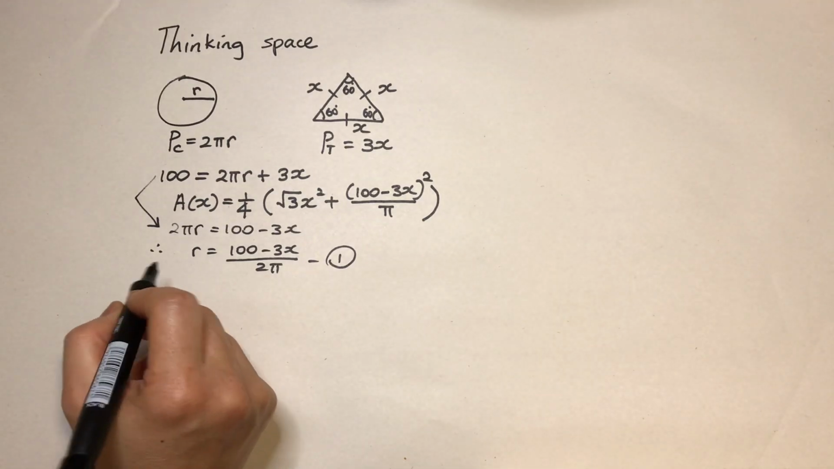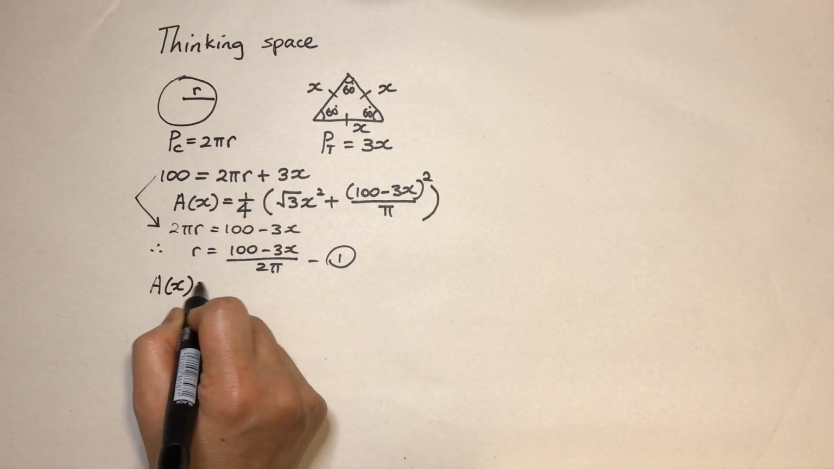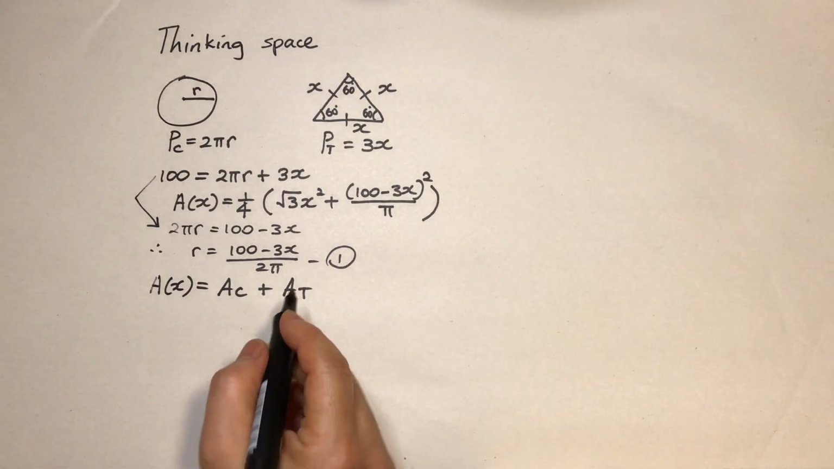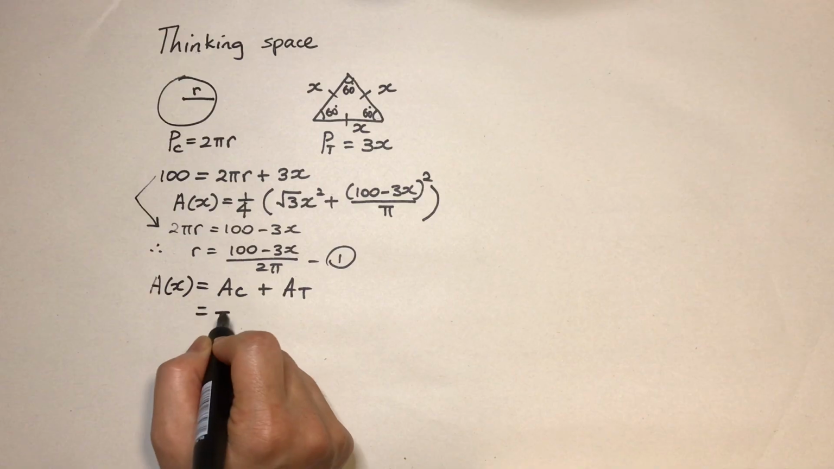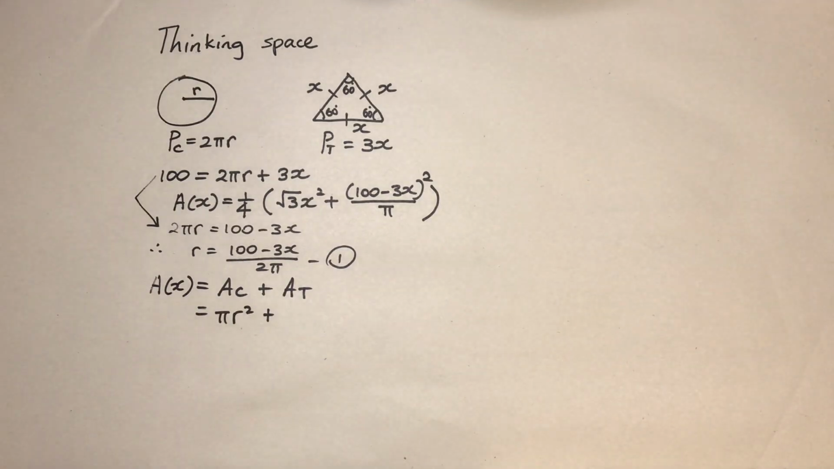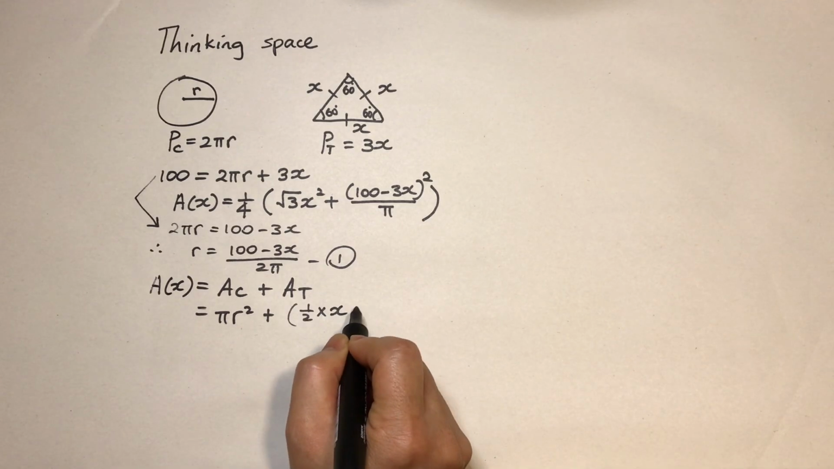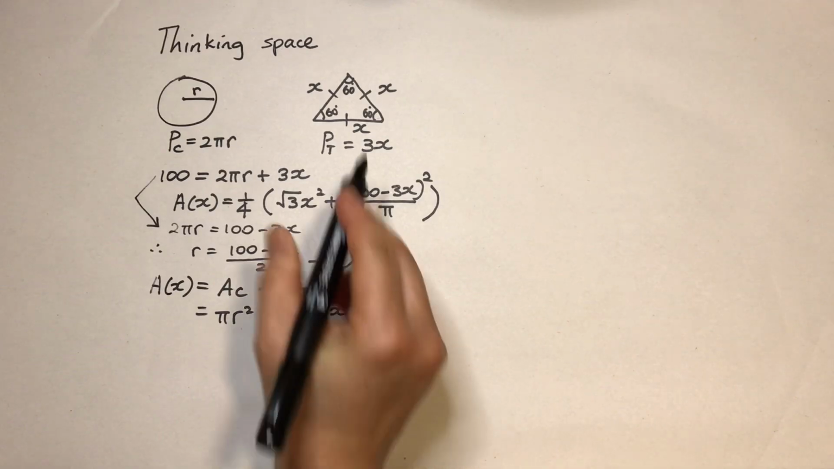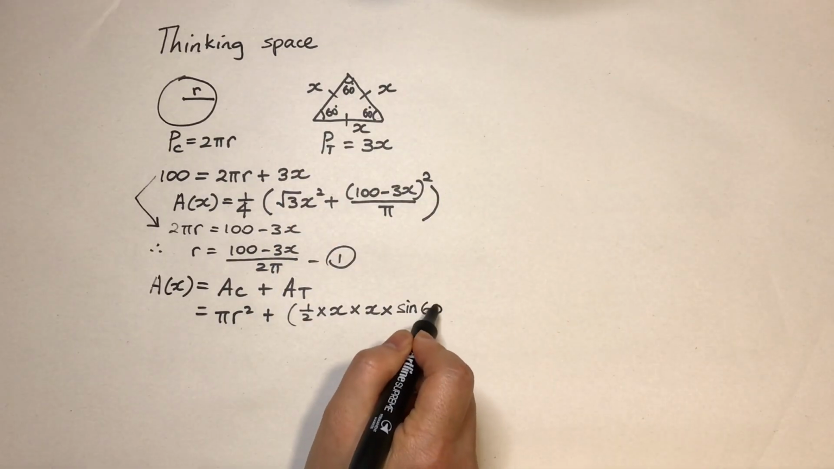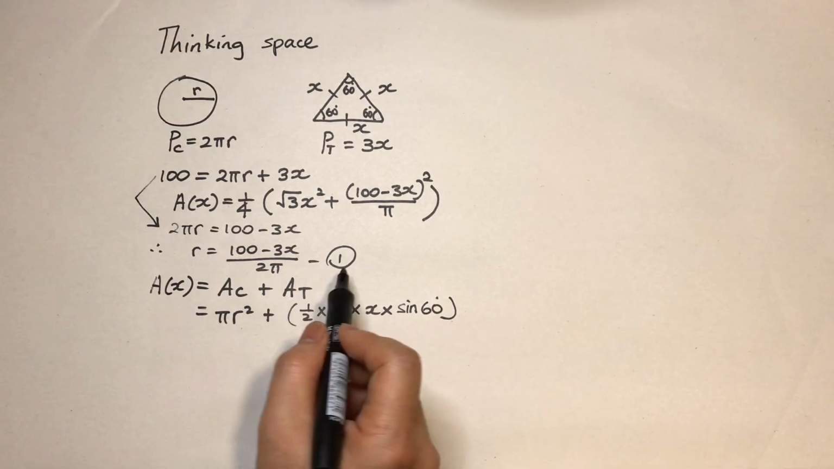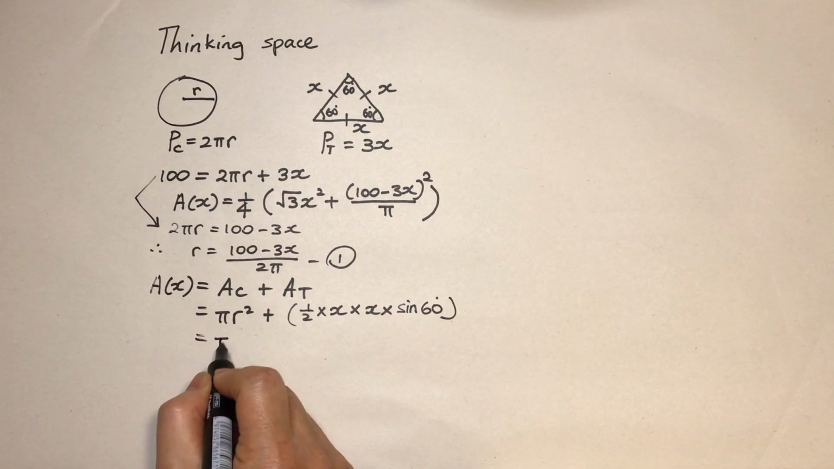Now I'm going to put total area is area of circle plus area of triangle. Area of circle will be pi r squared. Area of triangle, when I look at the triangle, it's a non-right angle triangle. We will use the sine rule: half times x times x times sine 60. Now also I'm going to replace r with the number 1 equation there. So pi